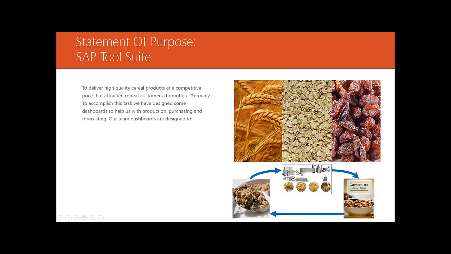Our team purpose was to deliver high quality cereal products at a competitive price that attracted repeat customers throughout Germany. To accomplish this, we have designed some dashboards to help us with production, purchasing, and forecasting. Our team dashboards are